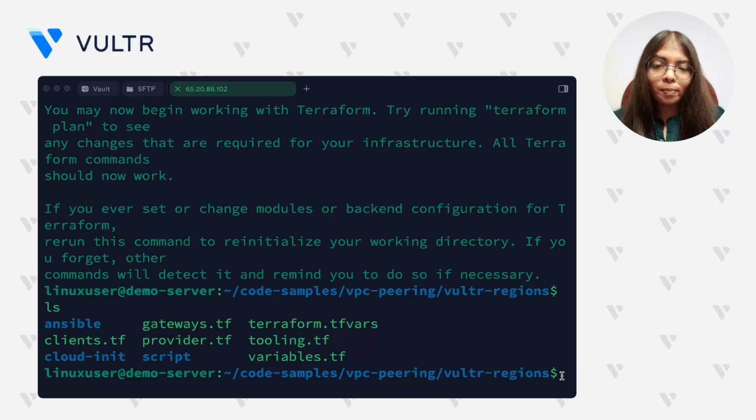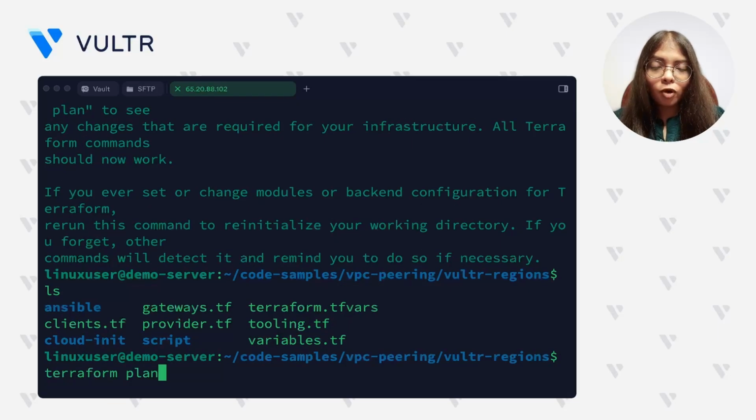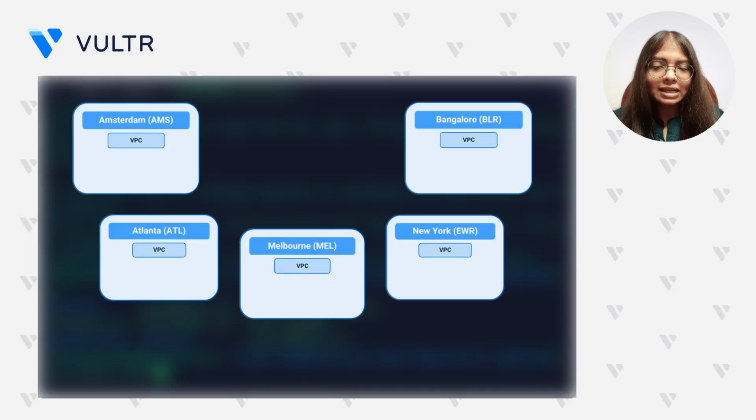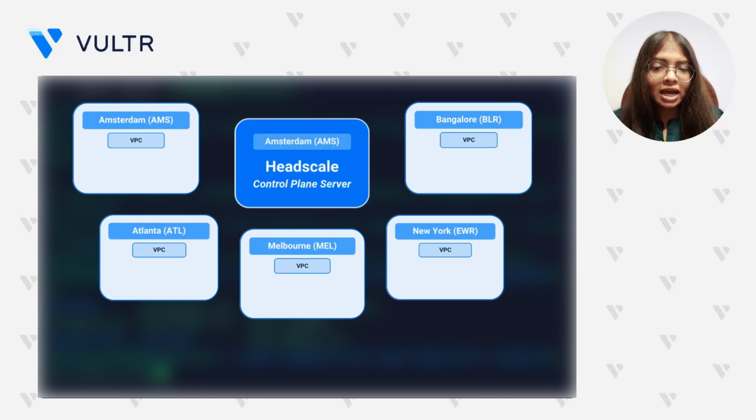Next, we run Terraform plan. At this stage, Terraform passes over all the .tf files, reading variables, evaluating dependencies, and creating an execution plan that outlines what will be provisioned and where. In our case, the plan includes a unique VPC in each region listed in the Tailscale instances block, a Headscale control server deployed in the specified control region, a Tailscale gateway node in each region bound to its local VPC,